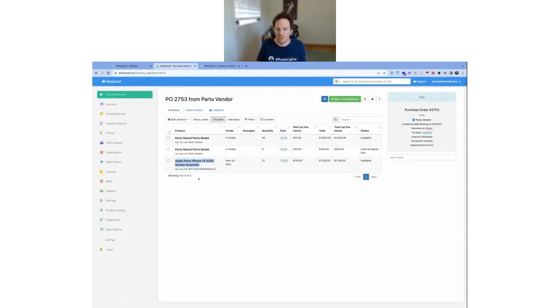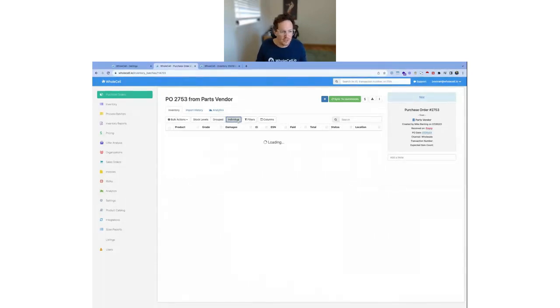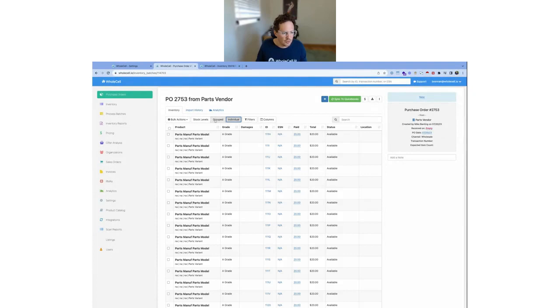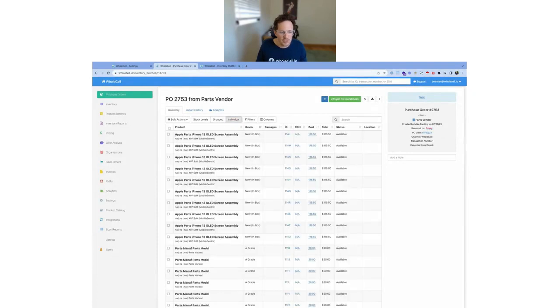And of course, it is not perfect. Obviously, we didn't design Wholesale with this idea of tracking parts inventory, but it's an inventory system. It can absolutely store parts. And I added these. I did not upload IMEIs for them. So if we go to the individual view on this table and we look at those screen assemblies, these do not have IMEIs. Those are all NA. But of course, they do have